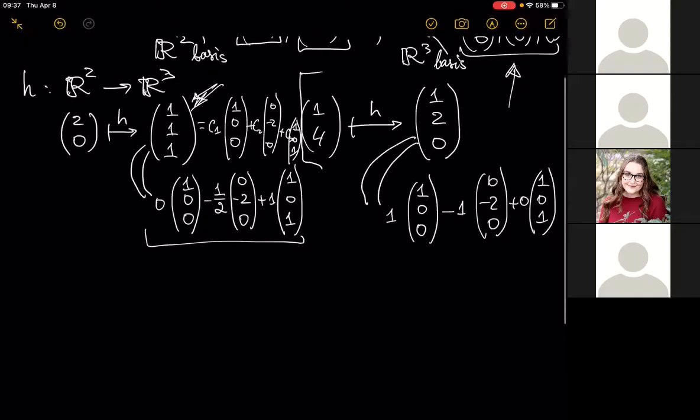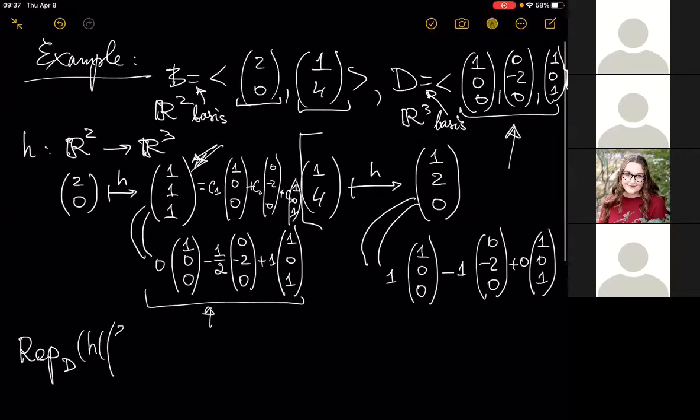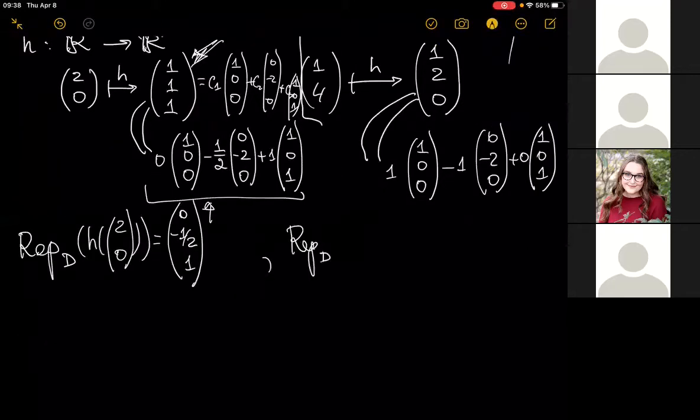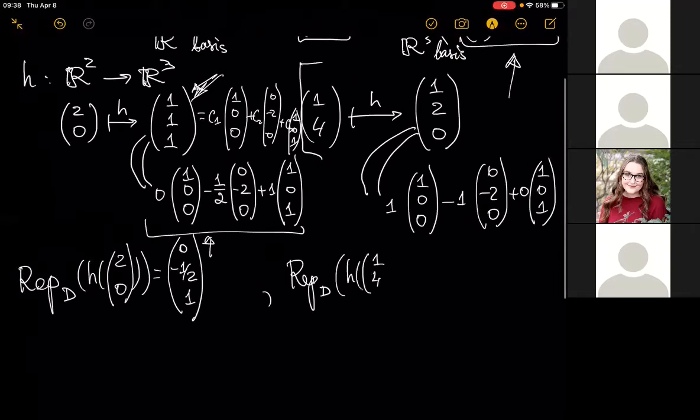As a result, looking at this, I can write the representation with respect to the basis D of H applied to the first basis vector. This representation is nothing else but 0, negative 1/2, 1, right? Just the coordinates vector. And correspondingly, the representation with respect to the basis D of H applied to the second vector of the basis is nothing else but 1, -1, 0. Okay, so then